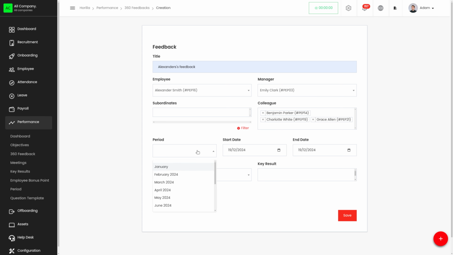We can set a period over here. So I'm giving the period as December 2024, and you can see that the start date and end date have been given accordingly. And then we have to select a question template. That is, they'll be providing the feedback according to the questions that are in the question template. So we can set a template over here. So I'm adding developer questions over here, and these manager and colleagues can answer these questions and provide a feedback